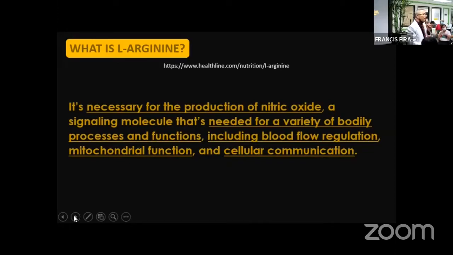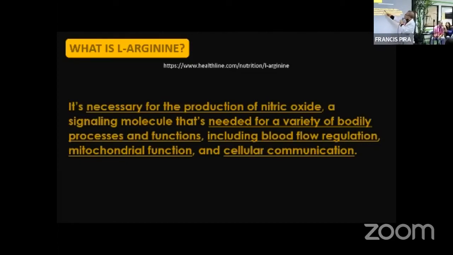And synthase 2 is independent, and synthase 2 is found in the white blood cells. So only those found in the blood vessel as well as in the brain require calcium. So calcium is very important in the conversion of L-Arginine into nitric oxide. L-Arginine is necessary for the nitric oxide because it is the raw material, the signaling molecule that is needed for lots of biologic functions, including blood flow and the kidney function, mitochondria, and other cellular communications, as the case may be. Next slide, please.